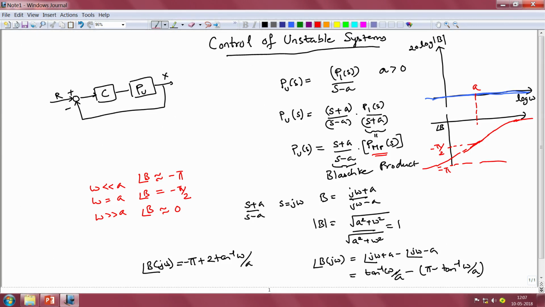Now it is quite common to come across phase characteristics of unstable systems that are quite different and unrecognizable from the phase characteristics that we have been looking at so far in this course. So just to highlight the difficulties that the strange phase characteristics of unstable loop gains would cause us as control engineers in determining the stability of the closed loop system, let us take a specific example.